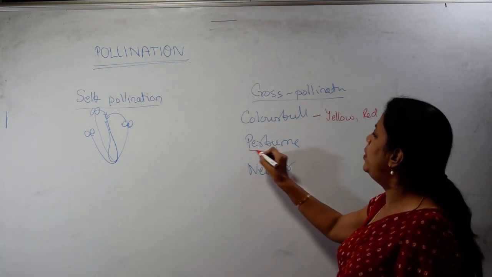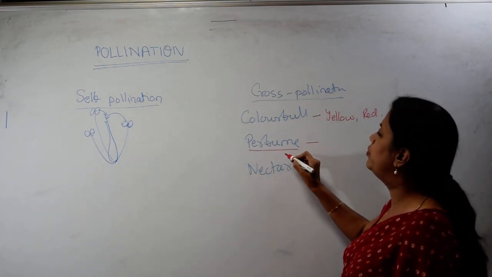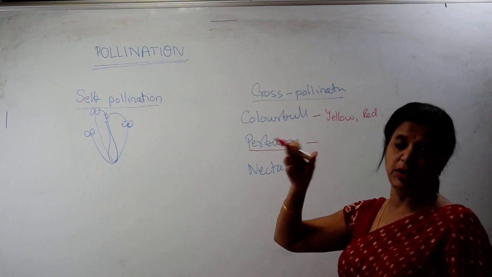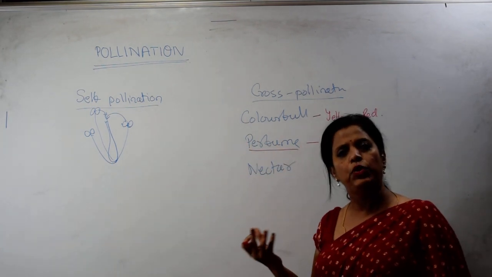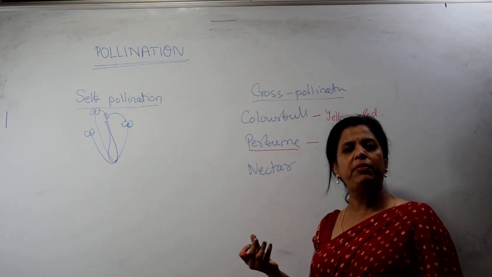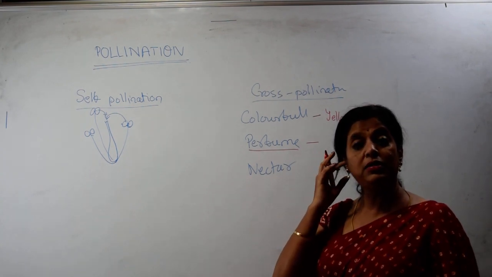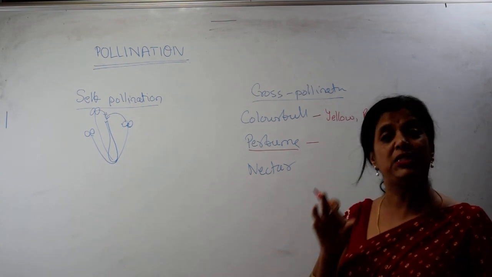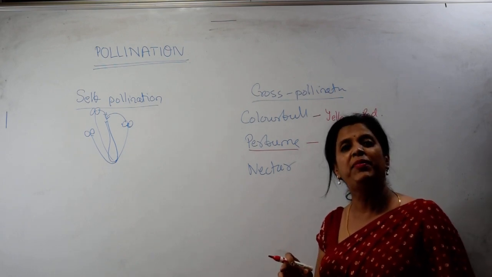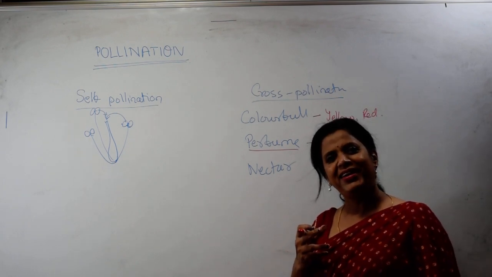Perfume, I told you, is produced, but it may not be like a champaka flower. Michelia champaka has a beautiful smell, right? Nice smell, everybody gets attracted. But there are some flowers which will produce a very bad smell, like rotten meat. Did you get what that is? Its name is